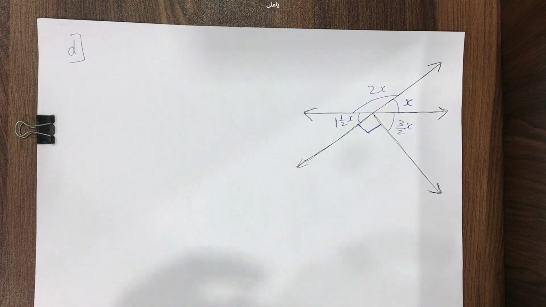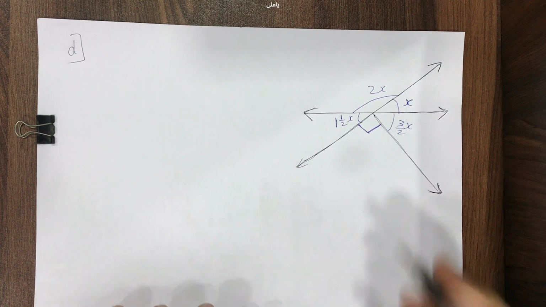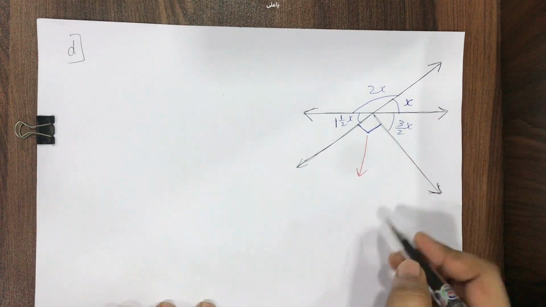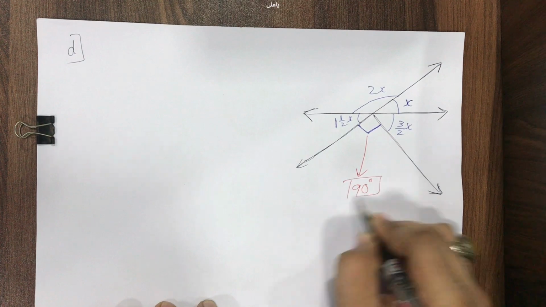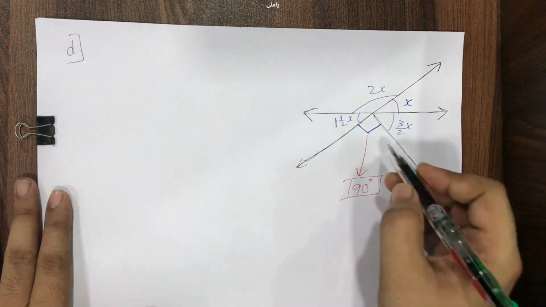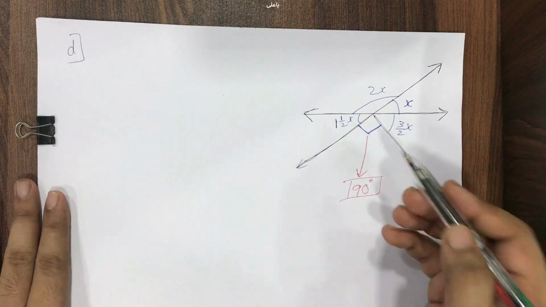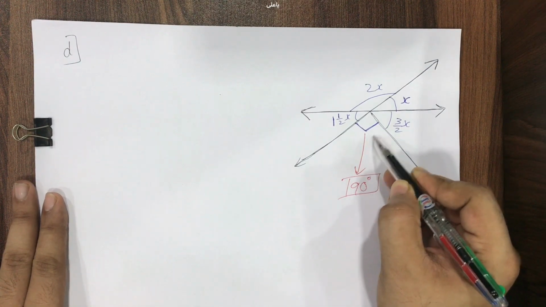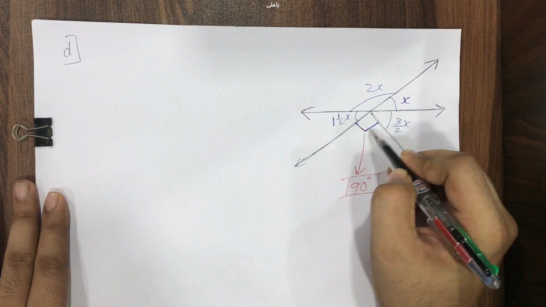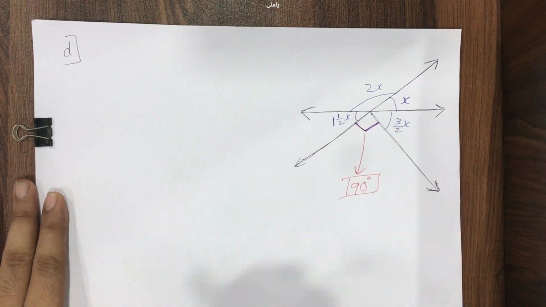I have explained to you in this chapter itself plenty of times, students, that whenever such a box is there, it means that the measure of this angle is 90 degree. We never write 90 degree the way we write 30, 60, 40, 70. We just make this box. So always you should know that this box means 90 degree.